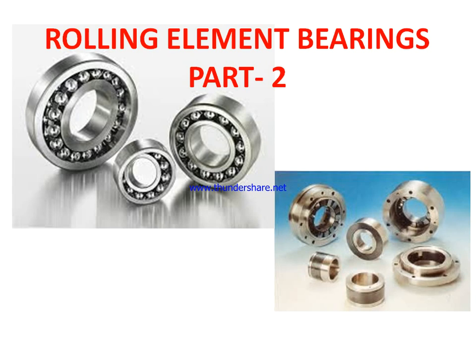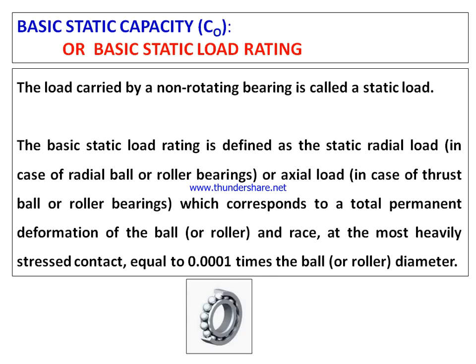In the second part, we will have a look at the load capacities of the rolling contact bearings, the life rating of the bearings, and finally the procedure of designing or selecting a rolling contact bearing with the help of an example. Now the first parameter that is used to describe the capacity of a bearing is its basic